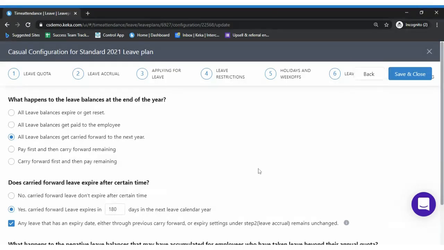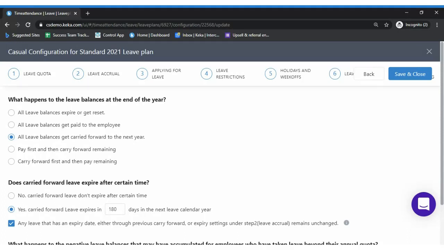Moving on again, the second point we have discussed. The third point is all leave balances get carry forwarded to the next year. In this case, irrespective of your balance during the year end process, we are not doing encashment, nor are we expiring the leave balances.